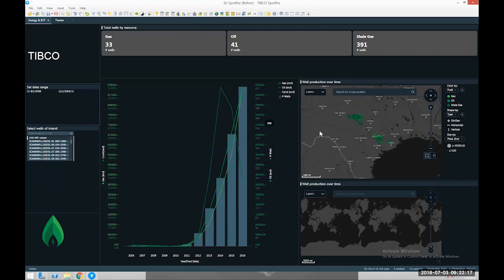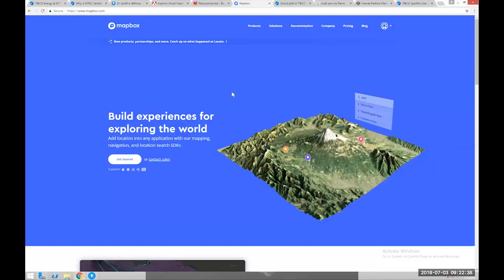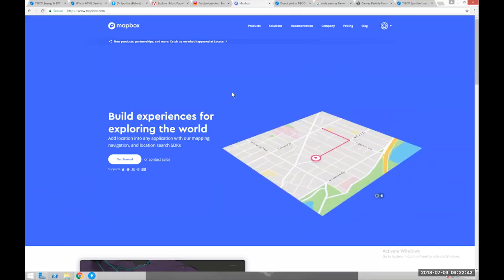So the next thing I want to show you guys is how we can use different map backgrounds from different mapping providers. So that could be Google or one of the other free tile map services. One that I like to use is called Mapbox. This is a freely available service. TIBCO doesn't have any affiliation with them. They just provide a very nice